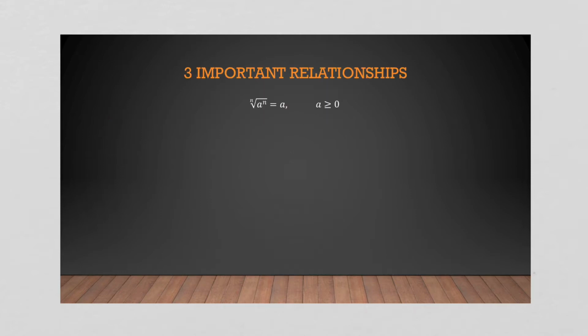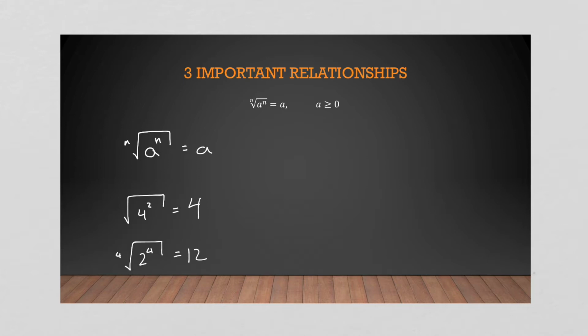Now, there are some pretty important relationships for you to consider. The first one is this. If you have a base to a power and it is under the same root, those cancel each other off, right? So the square root of 4 squared is 4. The fourth root of 2 to the 4 is 2. They cancel each other out. Now, what we need to consider, though, is